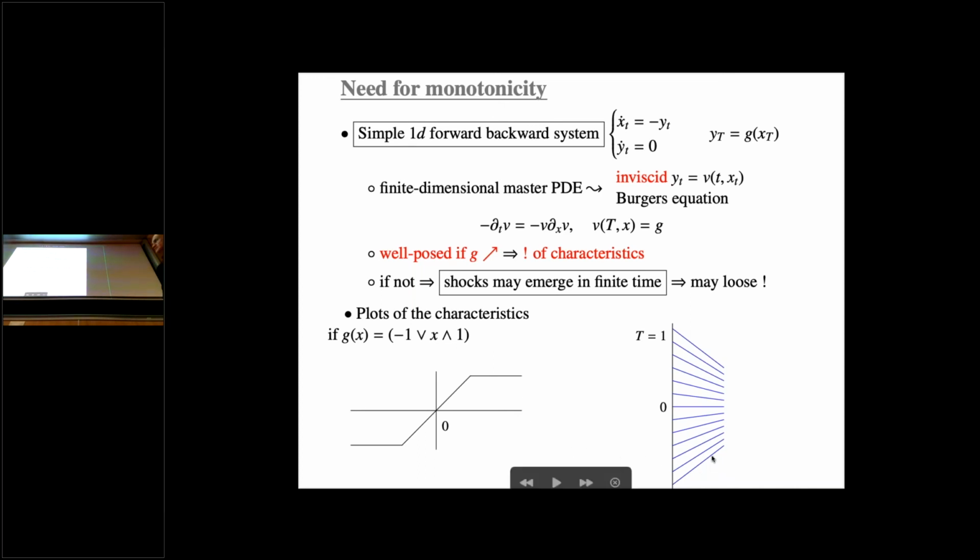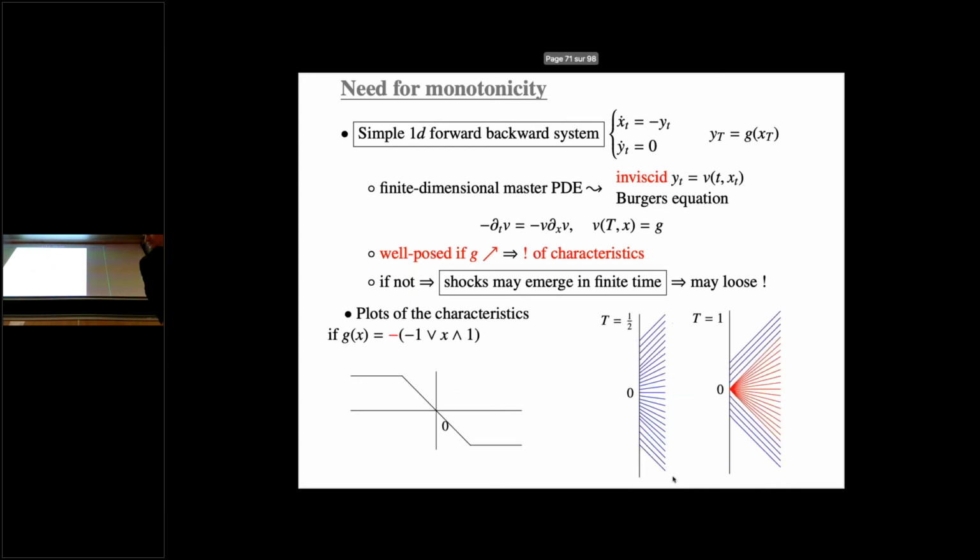These are the characteristics for different initial values at the initial time, and the time length is capital T equal to 1. And so you see the shape of the characteristics depending on the initial point. On the vertical axis, you have the initial state of the equation, or the ODE, or the forward-backward ODE, if you prefer. There are no shocks; they are uniquely defined.